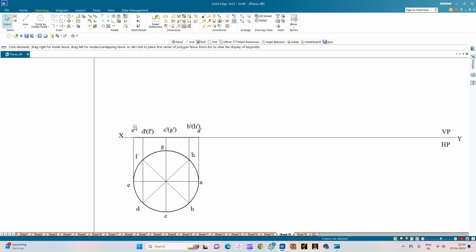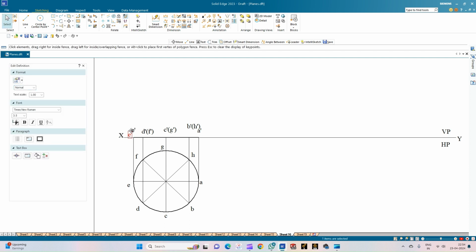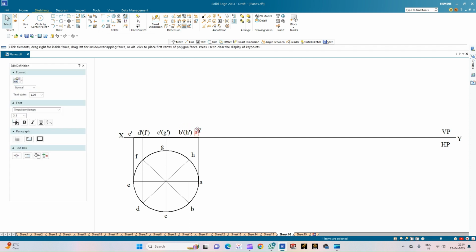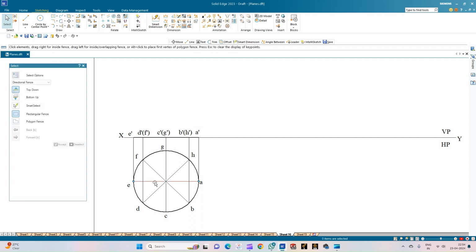So now we'll just try to arrange the letters with the corresponding endpoints. So this completes the front view of the circular plane lamina when it is resting on one of its diameter AE. So the right point is my reference point and the diameter passing through that point is AE. Okay, so now as per the problem statement, this diameter is inclined to the HP at an angle